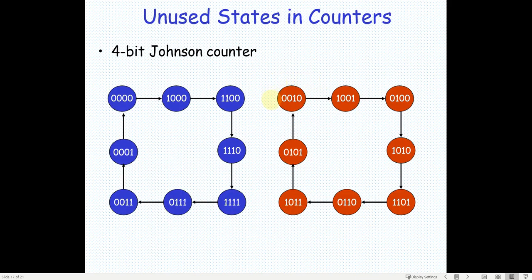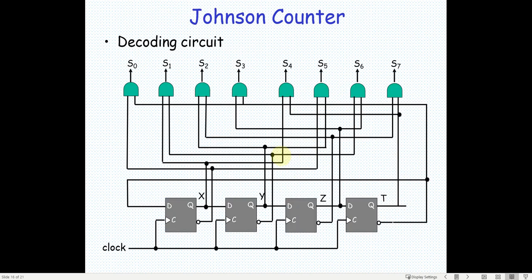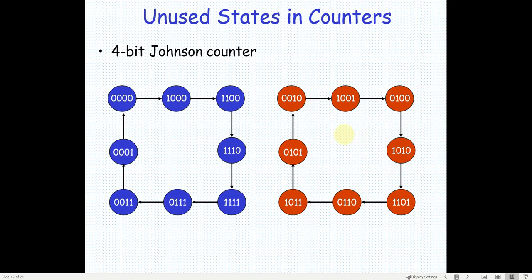So by any chance if it goes out of the loop, and one of these other numbers gets into the system, then it will again count these numbers. With the same circuit, the way we have given Q here, you can verify that if you give these numbers, this loop will be initiated and it will continue in this loop also, whereas all these numbers are not required by us.